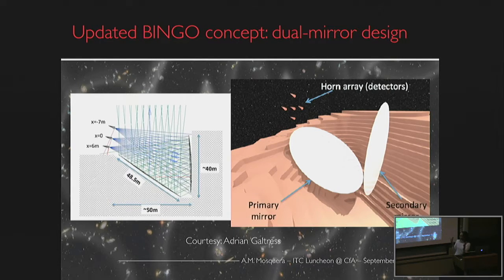And now we found the appropriate quarry in which one of the receivers, the feed horns, is going to be located on the left of that figure. The primary mirror is going to be of the order of 50 meters, and the secondary mirror is going to be placed vertically, and the whole structure is going to be supported by the quarry itself.